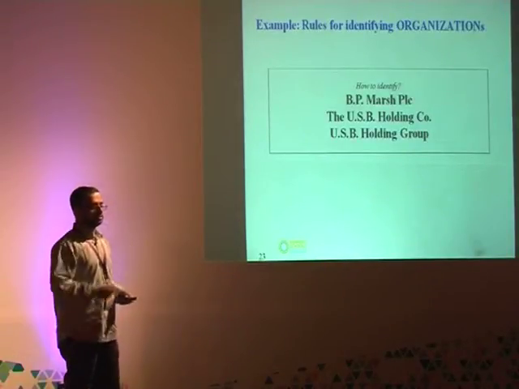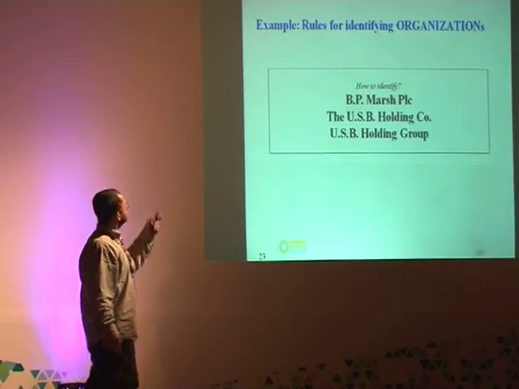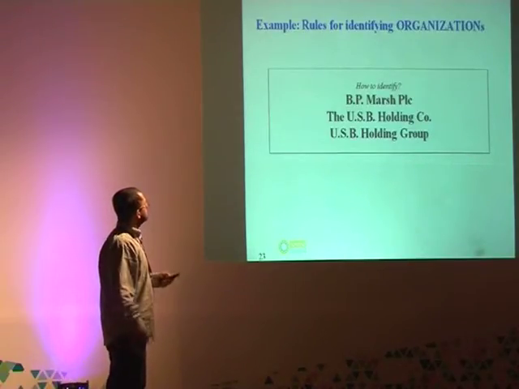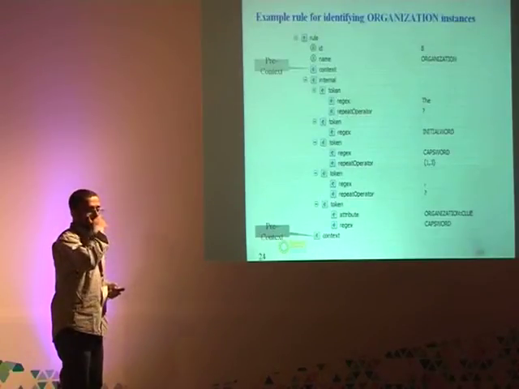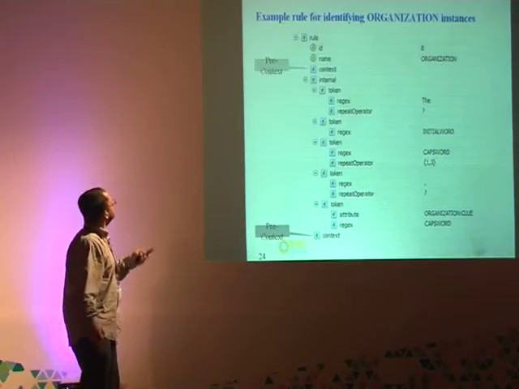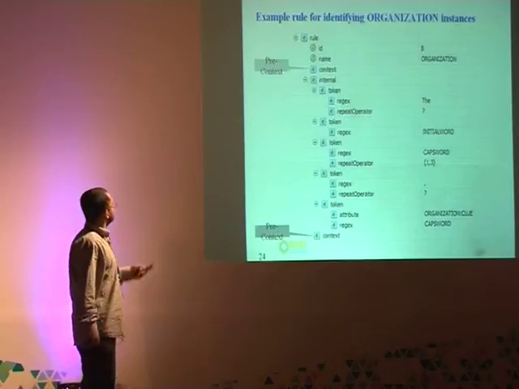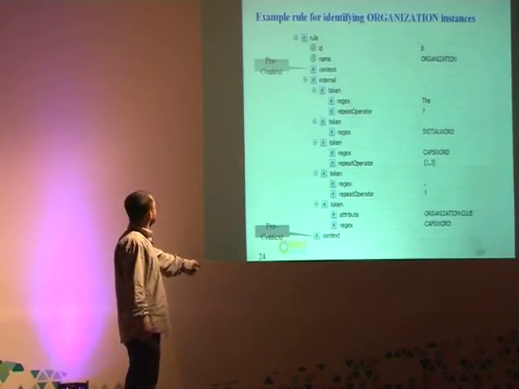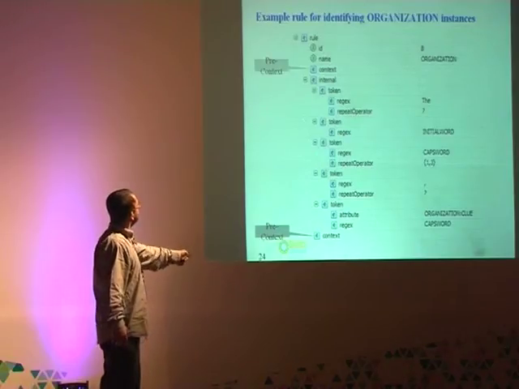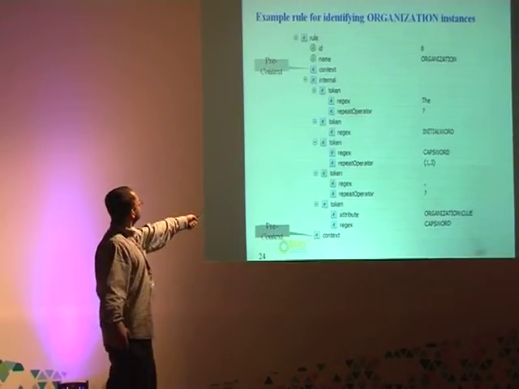So let's look at some example rules for identifying organizations. So let's say you have BP Marsh PLC, the USB Holding Co., the USB Holding Group, etc. So what would you do? This is how a JAPE rule would look. You would have a pre-context and a post-context. This is the post-context. So you're looking for some match, demarcated by this internal tag, and you're looking for a match